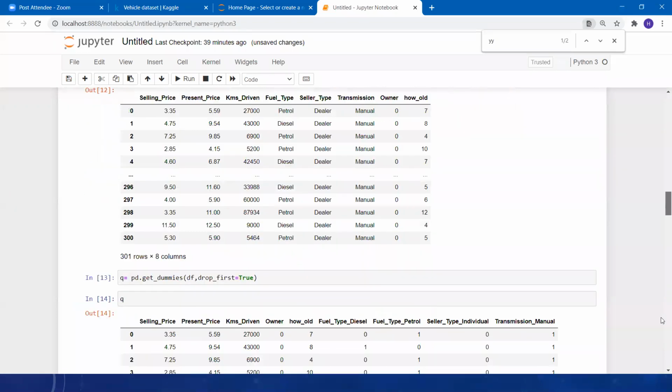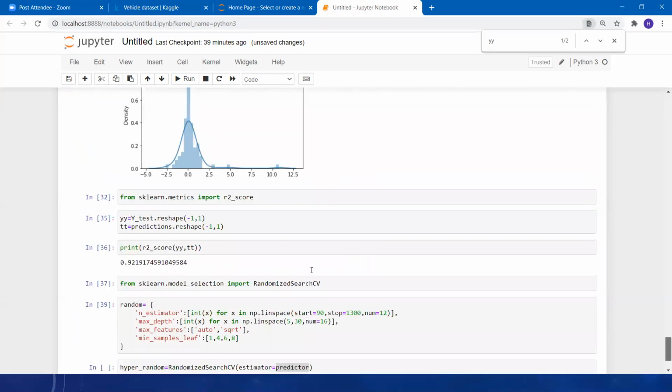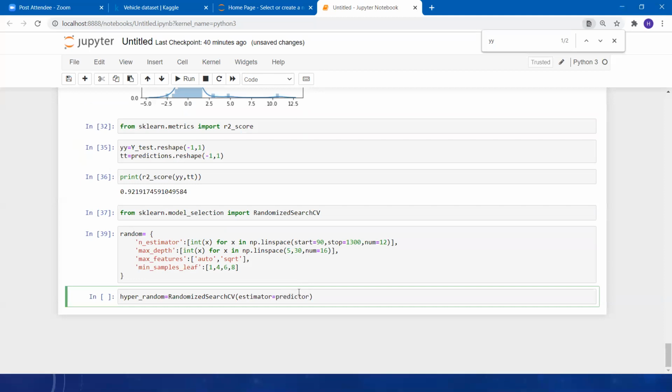Let me show you. You can see we have an object known as predictor. We are going to use a simple predictor. And what will be the parameter distributions? It will be our randomized search, or we can say random.